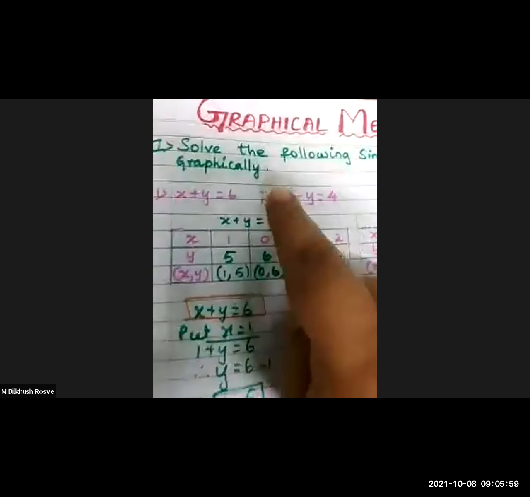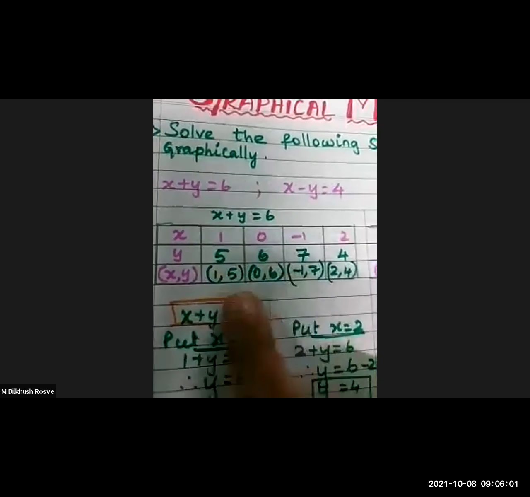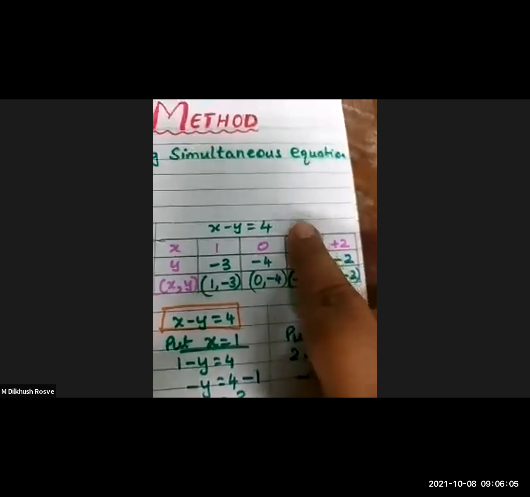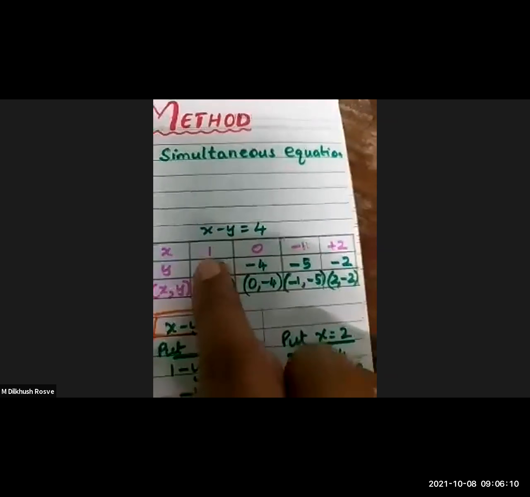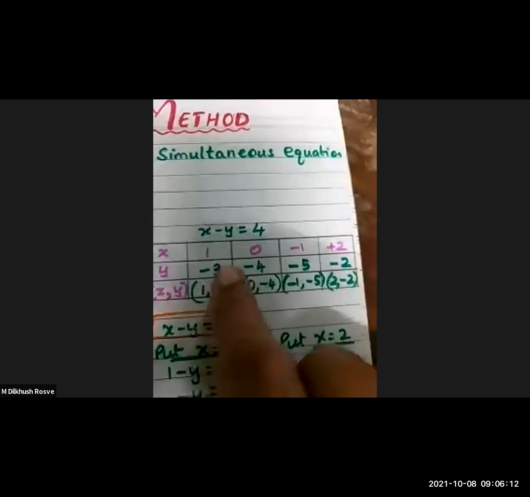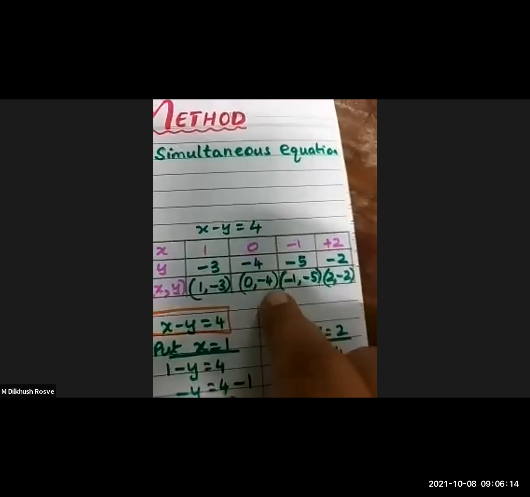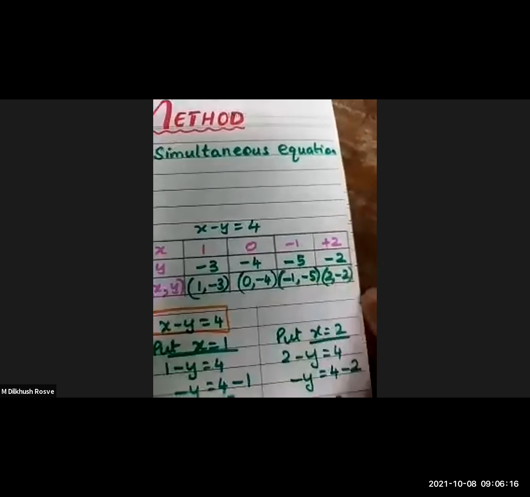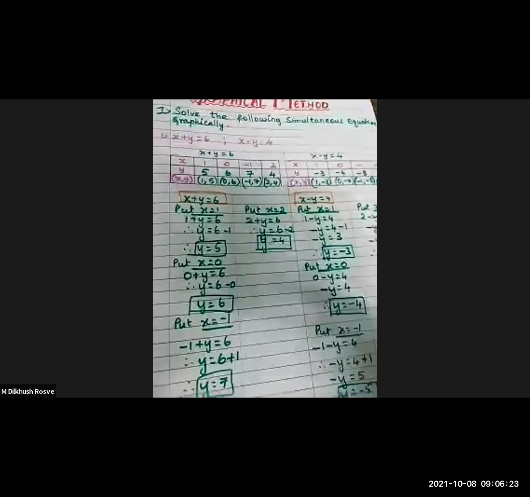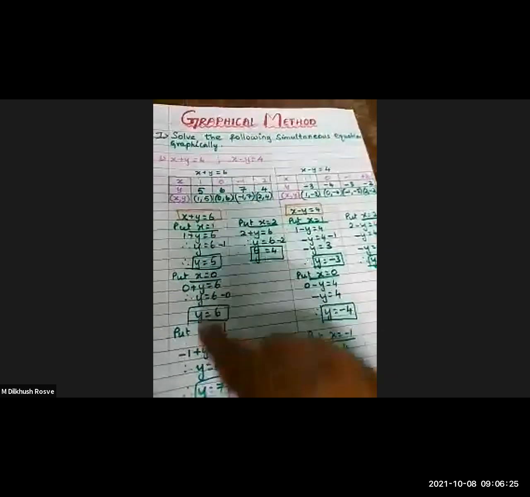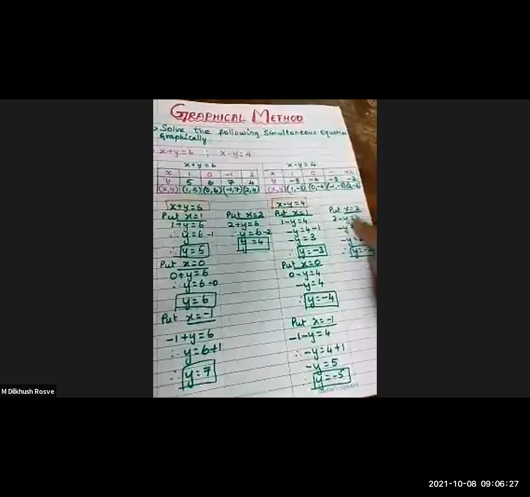Now you got the points, students. See, for the first equation, we found all 4 points. And for the second equation, we found 4 points. Okay, so each point has an x coordinate and a y coordinate. Clear, children? Now see, all this simplification, you will not carry the marks. This simplification is for our reference only we are doing. Clear, children?